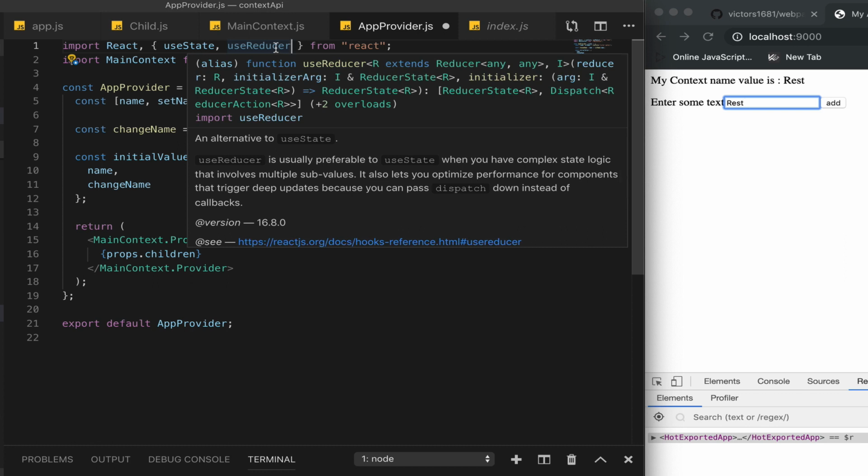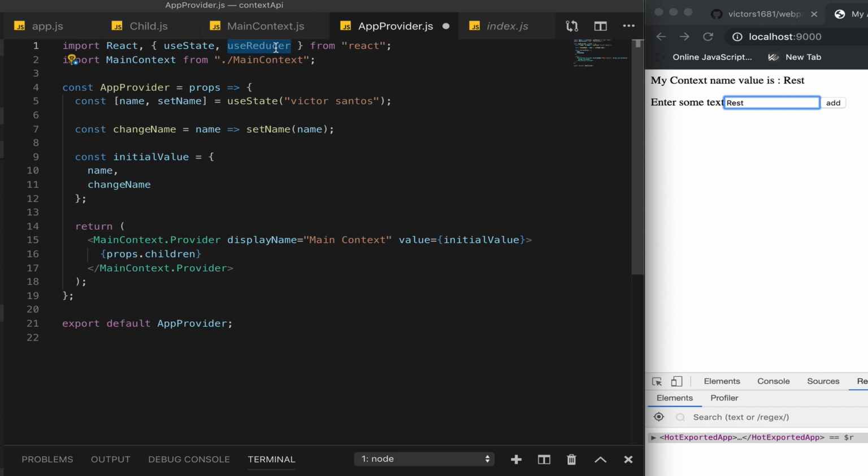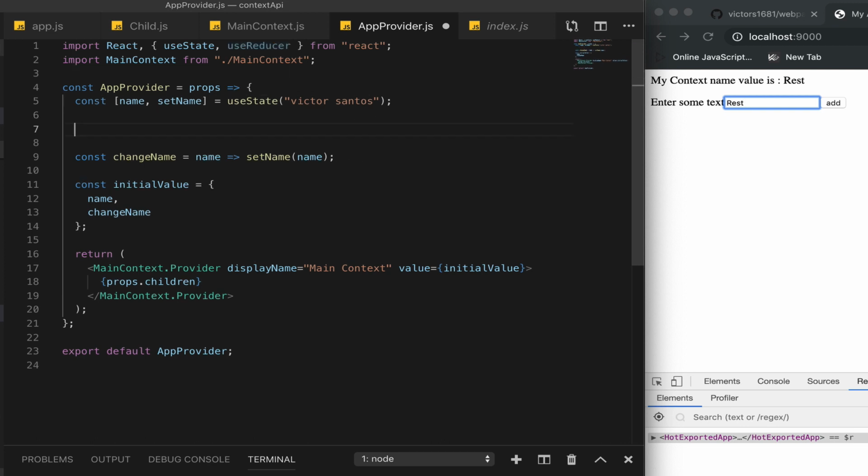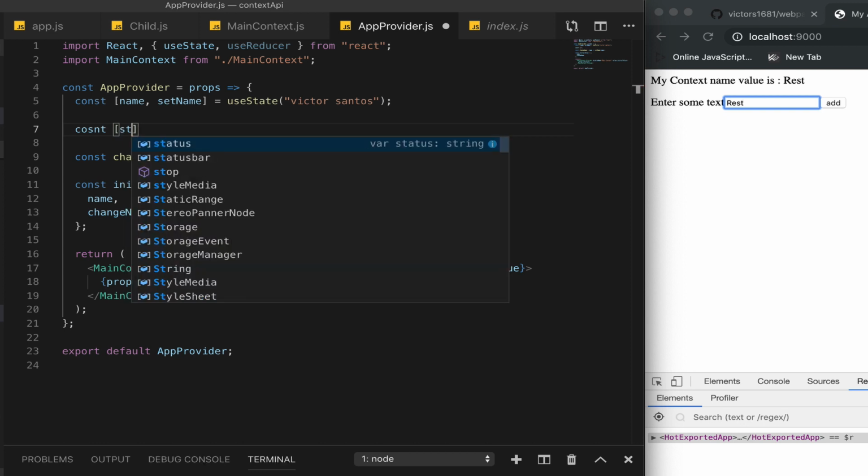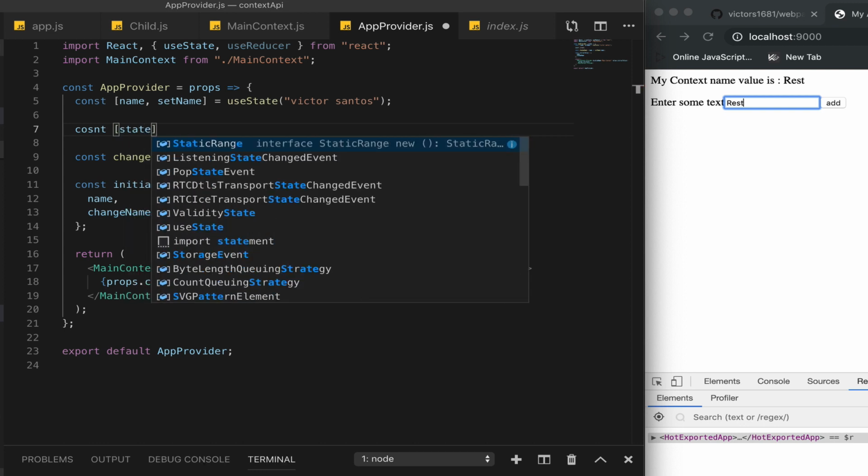As you may know, a reducer is just like a simple method combining with a switch statement that lets you select any state and change the original state of your application. So let's refactor this a little bit, and you're going to be able to see how it actually works. We're going to create a new context. It's going to return the state of my application,